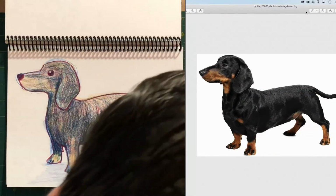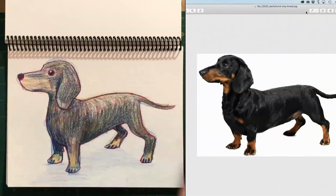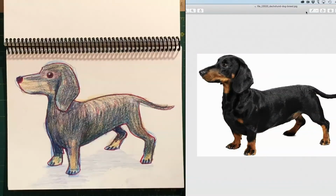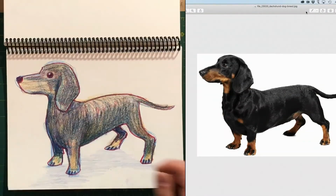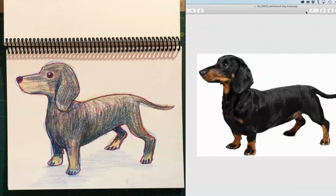I'm not fully satisfied with this drawing, as you may not be fully satisfied with yours. But again, for 15 minutes' worth of work, to have something on the page that did not exist there before is really, really rewarding. Let me come back out to...